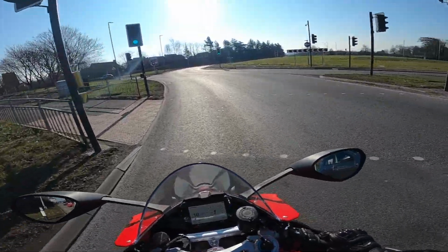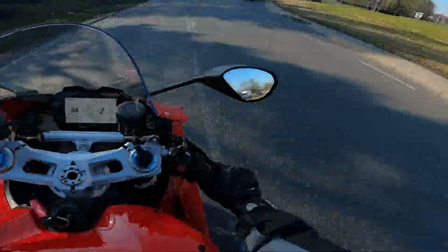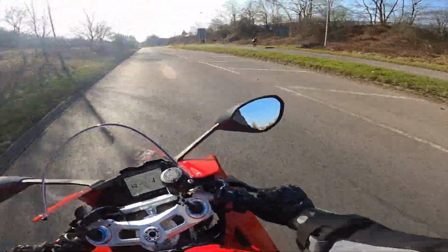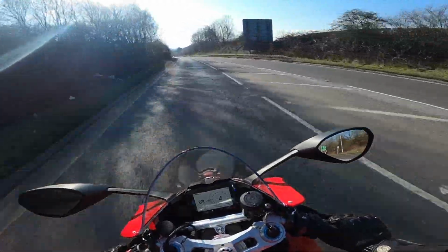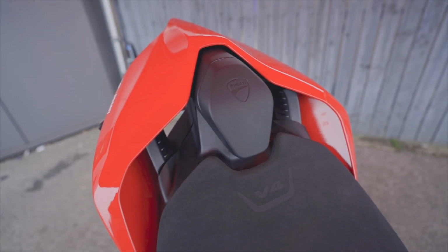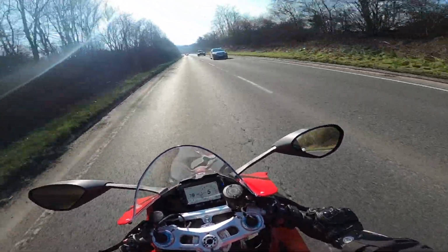The throttle, there's different riding modes and different ways you can set the throttle up. Different levels of aggressiveness on both, you can change the mapping. But look, there's no snatchiness on either. Look, it just winds open. This is in high power mode, in dynamic power setting. I've got it in sport, but you can put that map into street if you want. So I've got this in high power, dynamic power, and I've got it on medium engine braking,